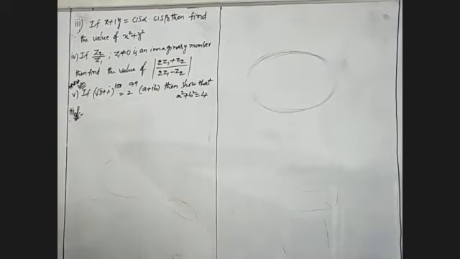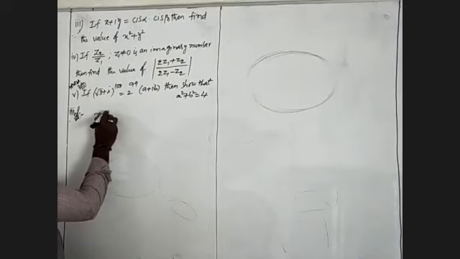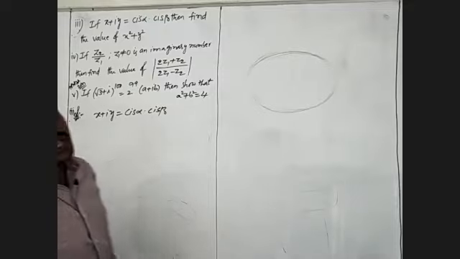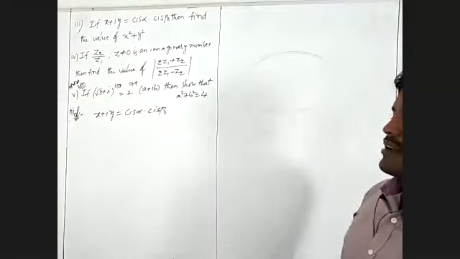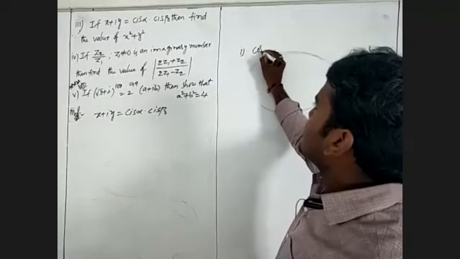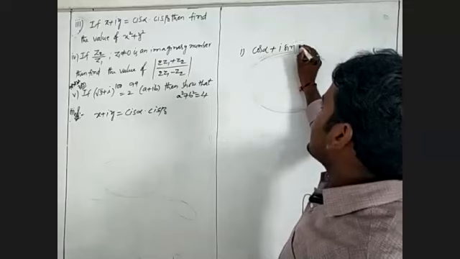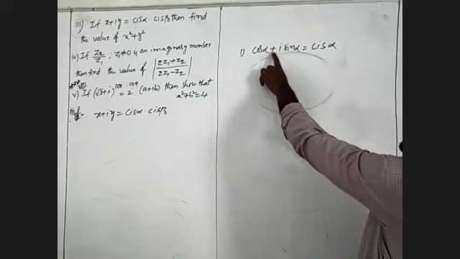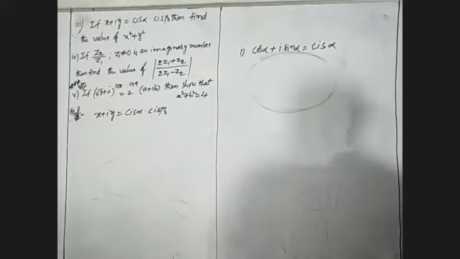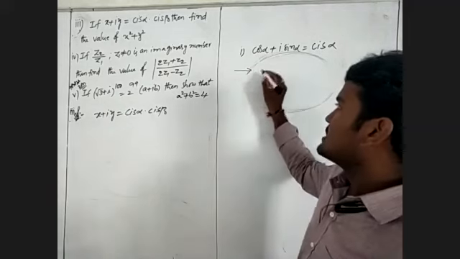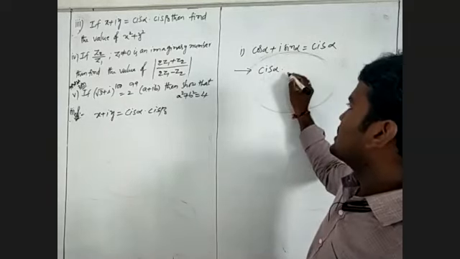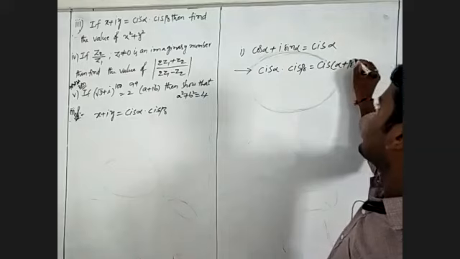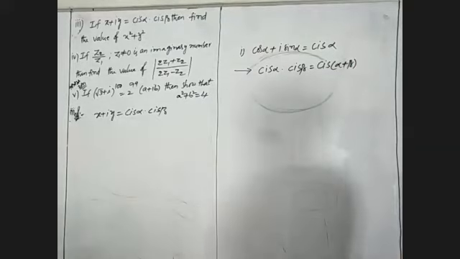First, now I am going to the third one. What is given in the third one? If x plus iy will become cis alpha into cis beta. We will observe what cis alpha is: cos alpha plus i sin alpha is nothing but cis alpha, and cis alpha into cis beta is nothing but cis of alpha plus beta. These are the two conditions.